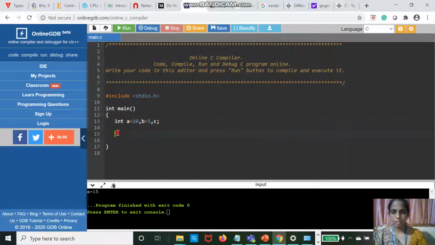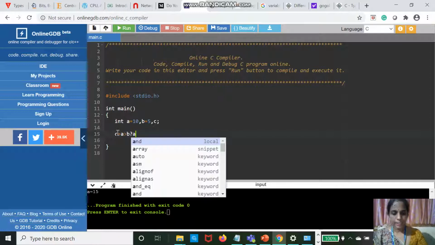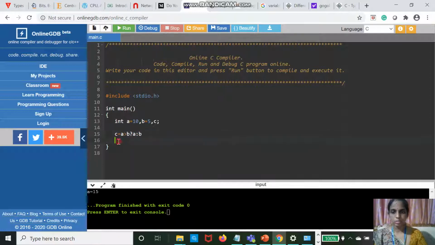Comma c is equal to a greater than b question mark a otherwise b. Print c.